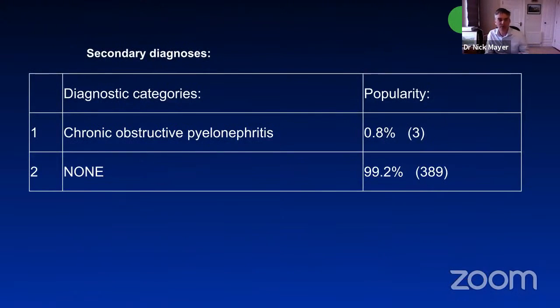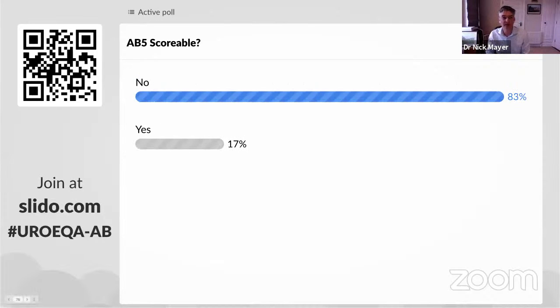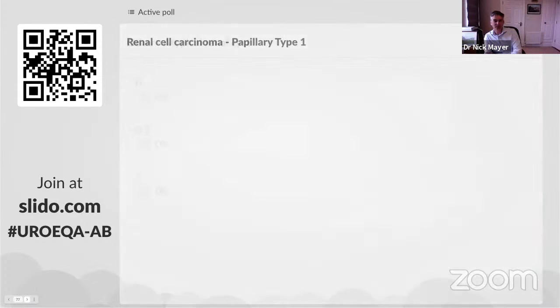So if we whiz on to this, if you pick it is scoreable, we'll have to go back to that chart and scratch our heads for a long time, I think. So hopefully I've led you to the conclusion. So we're over 120, and thankfully people are agreeing that we will not score that case. So I now have to whiz through all the scoring bits